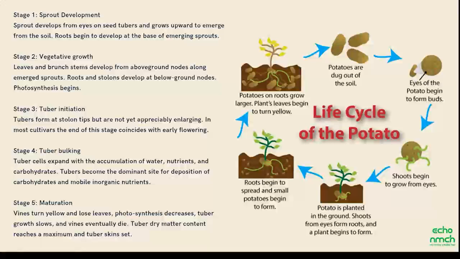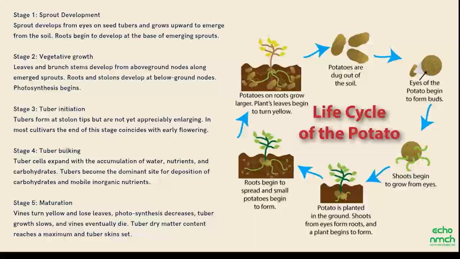A sprout develops from eyes on seed tubers and grows upward to emerge from the soil. Roots begin to develop at the base of emerging sprouts. Then the process that follows is vegetative growth. Leaves and branch stems develop from above ground nodes along with emerged sprouts, and roots and stolons develop at below ground nodes. Then tuber initiation happens, and soon there is tuber bulking, which basically means that there is an accumulation